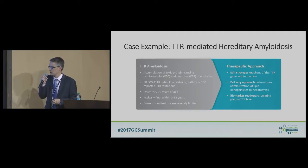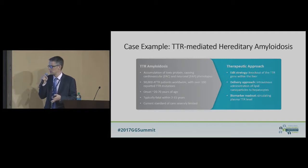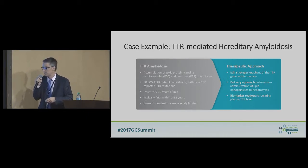It's probably underdiagnosed. It generally affects adults. I think the median age of diagnosis is somewhere in the 40s. And it's typically fatal within a few years. I think especially those who have the cardiac phenotype, about 2 to 3 years out, most patients are dead. So the standard of care is minimal right now. There are a few small molecules that are in trials, but have not been approved for this condition in the